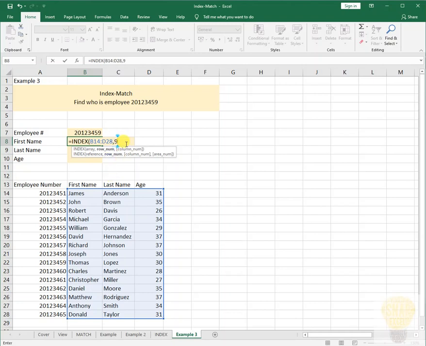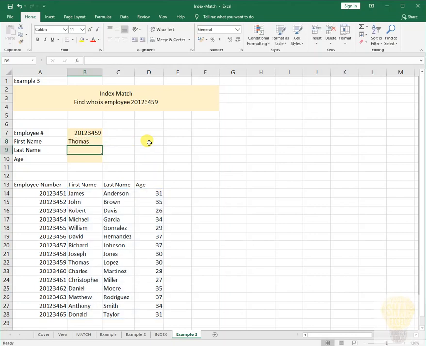So we're gonna use comma. In your column, we're looking for the first name, so it's on the first column of your selected table. And then we're gonna close that, hit enter. So it gave you Thomas, right? So because on our